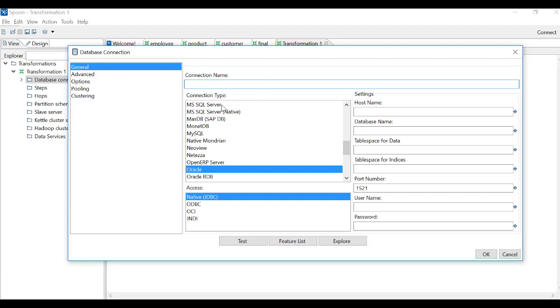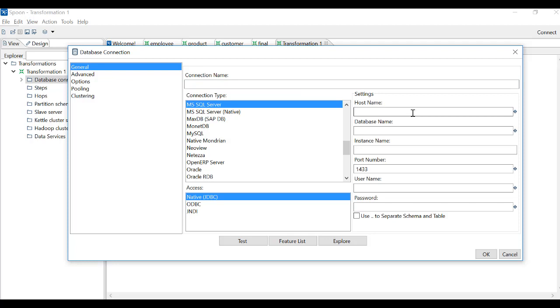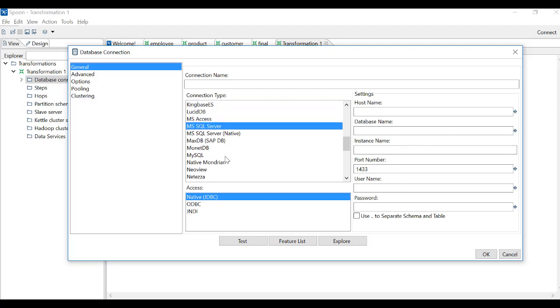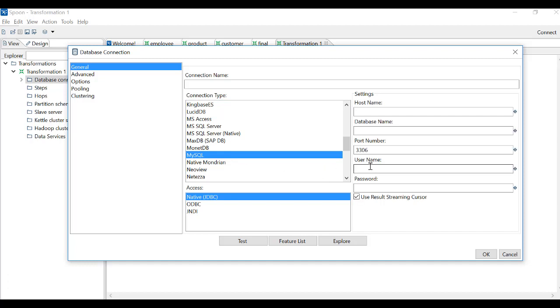Similarly, for SQL Server, the options will change, and the corresponding option settings needed for SQL Server will be available, which we need to input, including host name and database name. The port number has changed to 1433 from 1521. Similarly, for MySQL you can find a difference in the port number, and it will be 3306, which will